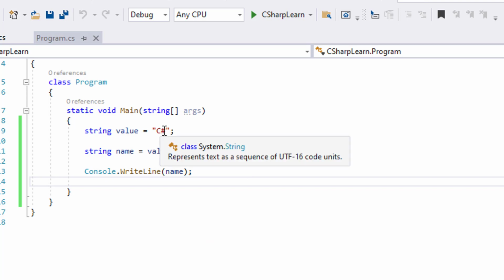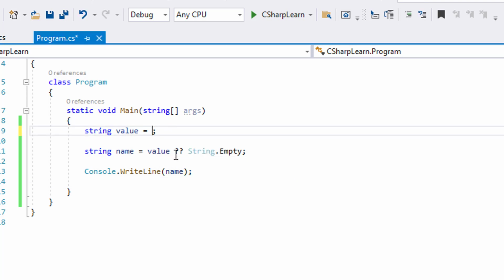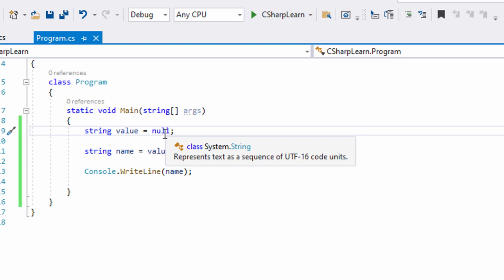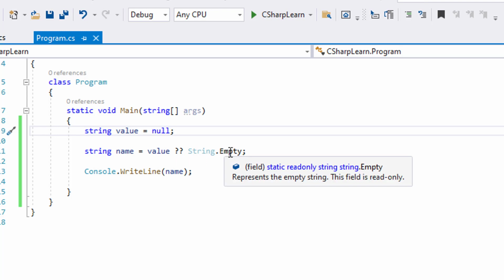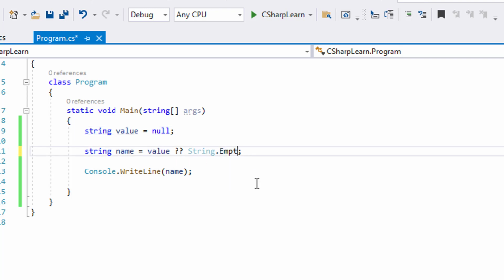So whatever the value of the value is, that will be assigned to the name. Now let's say this value is null. If this value is null, it will basically have the empty value. Rather than the empty value, let's take a default value so that at least we can see what it is printing.